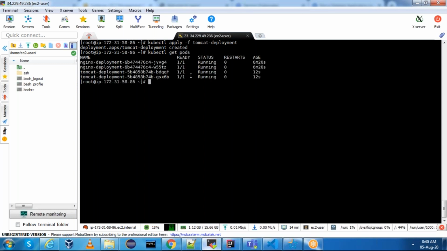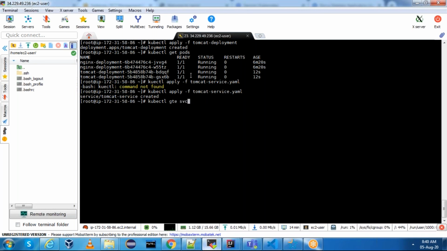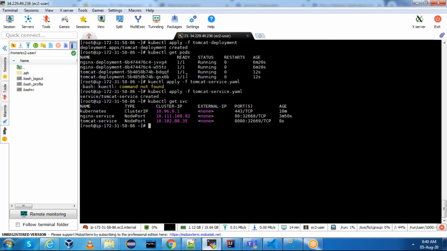Okay, tomcat deployment is running. kubectl apply -f tomcat-service.yaml. Service is also running. kubectl get service. Perfect. Service is using 32669, whatever we configured in the node port section of service YAML.